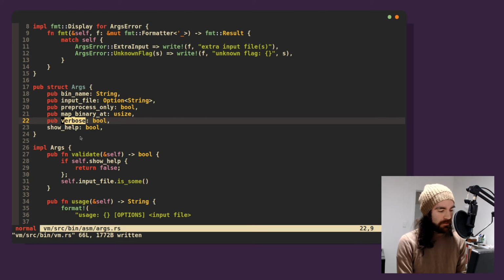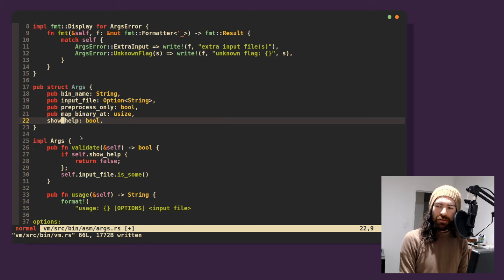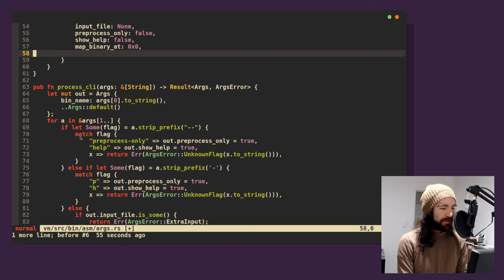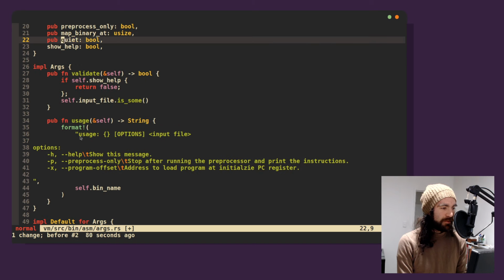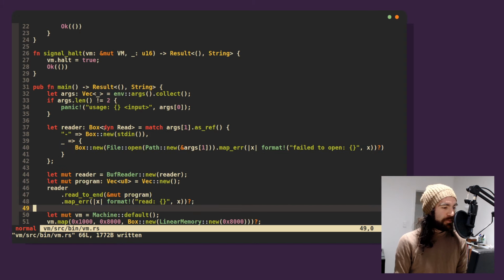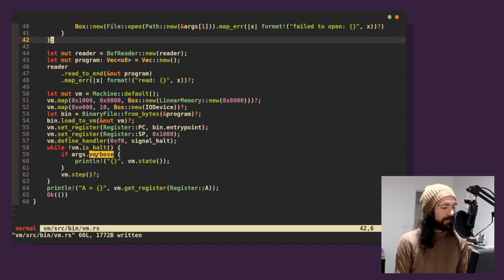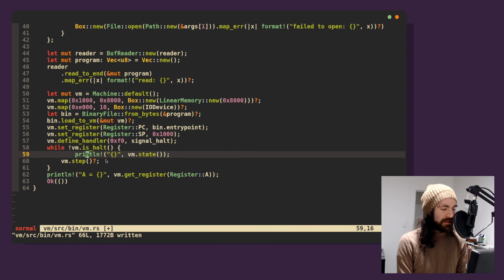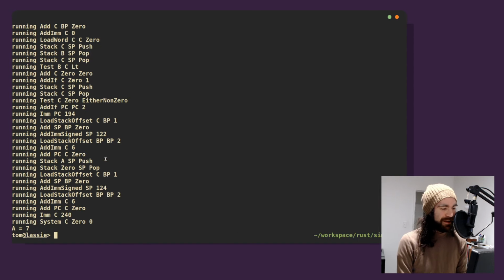Where are my args? Oh, this is the assembler. Yeah, okay. Hold on. Okay, my brain broke for a second then. Yeah, we don't even do this. Okay, let's just comment this line out then. Let's just comment a line out.